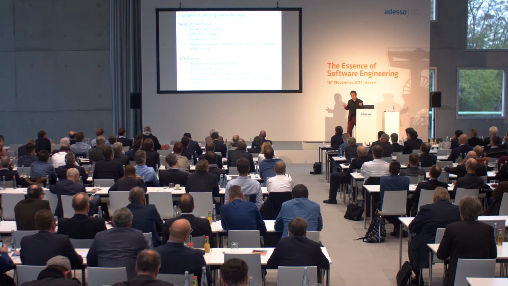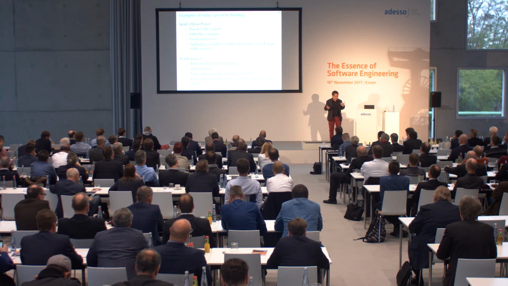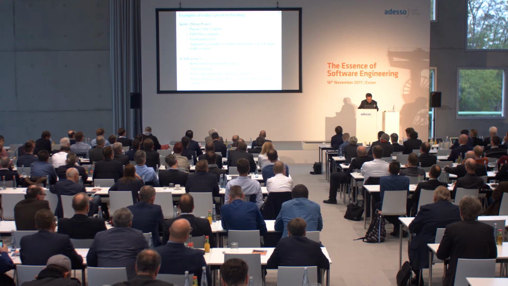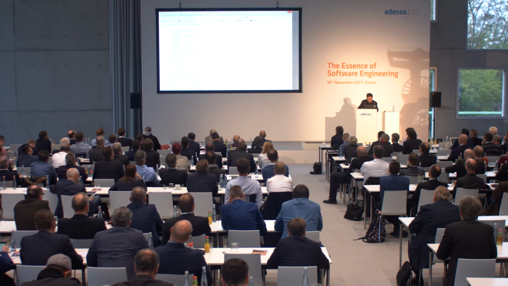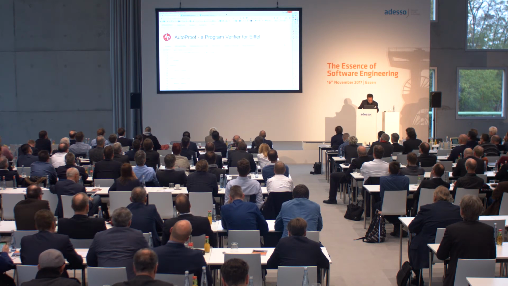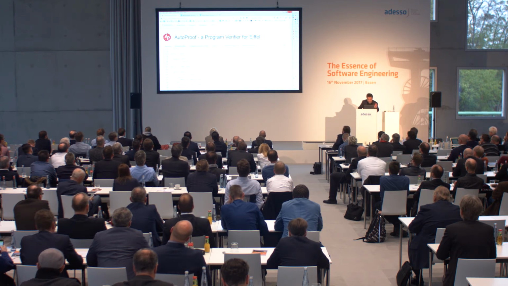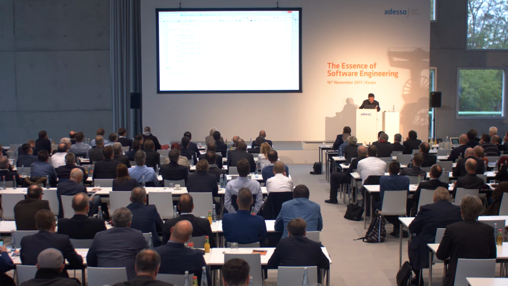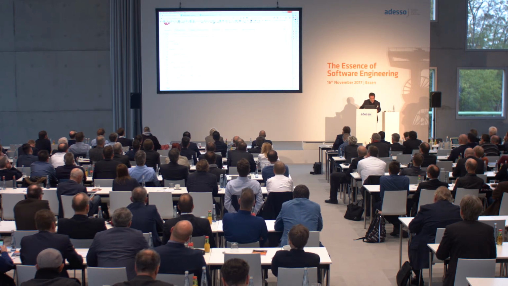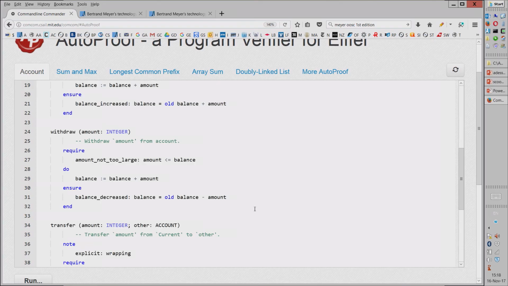So what we do with AutoProof is that we take a full-fledged object-oriented language, Eiffel, and we do proofs. And let me, as the last thing, if the organizers will let me, give you an example of AutoProof. It's all on the web. You can do it, and I've done this demo in public in the past. I apologize, if anyone has seen it, just don't say anything when I run the quiz. So this is very similar to the bank account class that I showed, and I'm going to run the verifier.